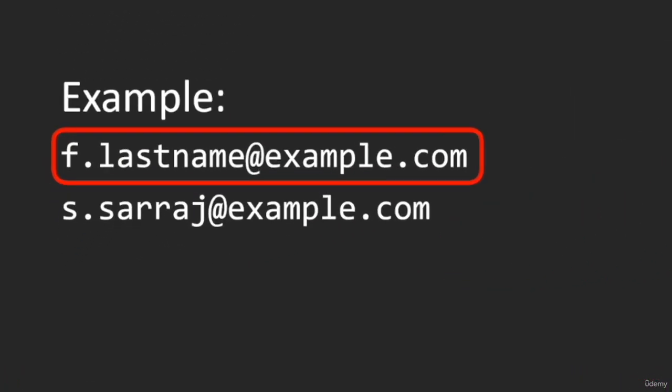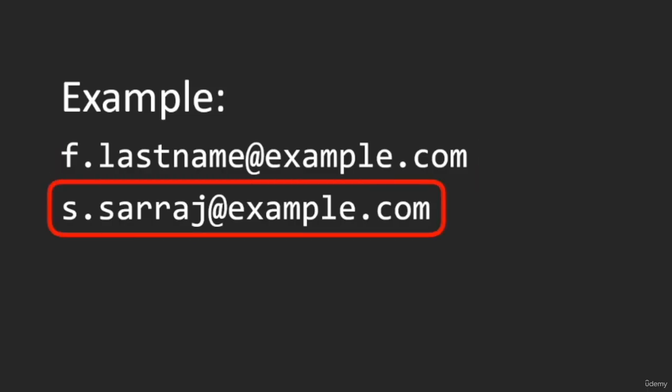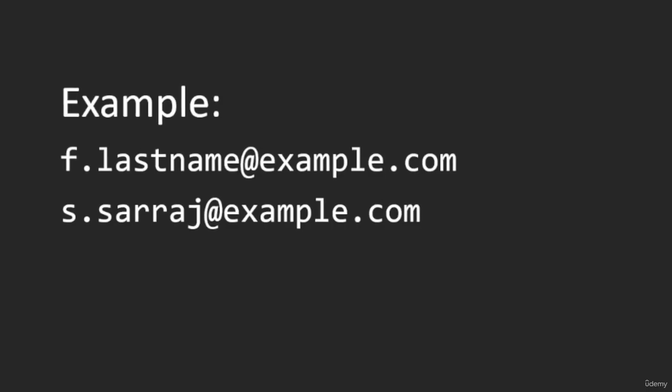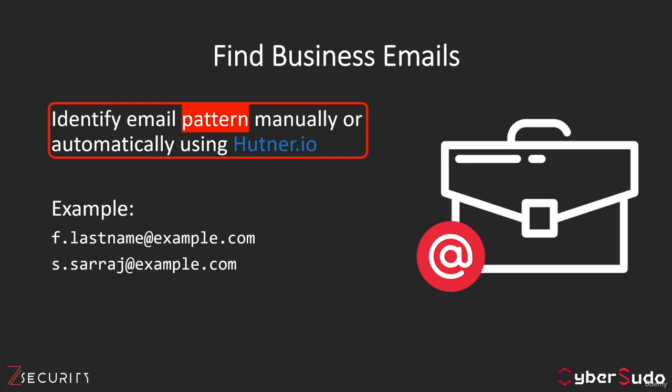For example, it might be the first letter of the first name and then a dot, and then the last name at the company domain name. For example, S for Saad.Saraj@example.com. Or it might be only the last name at example.com, or only the first name at example.com, or the first and last name at example.com, etc. So our job is to identify the email pattern that the company uses, and then we can find any business